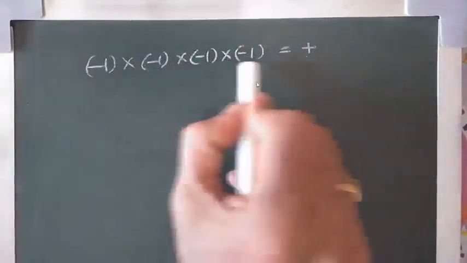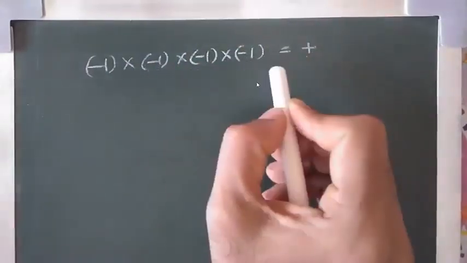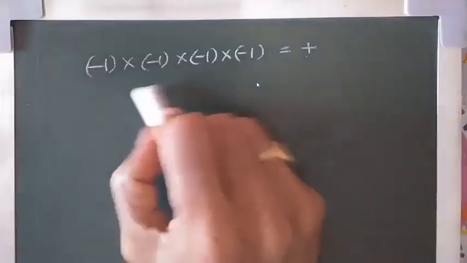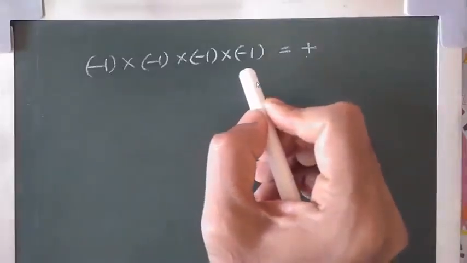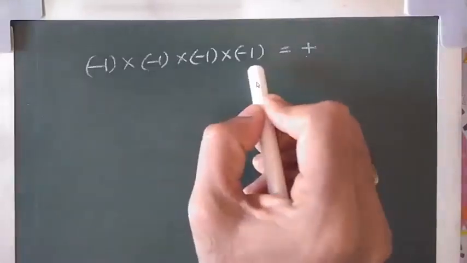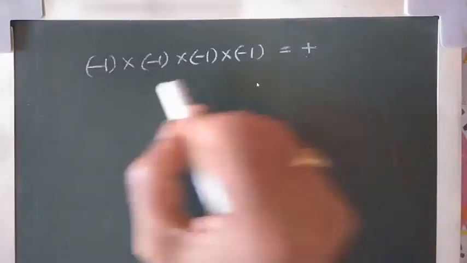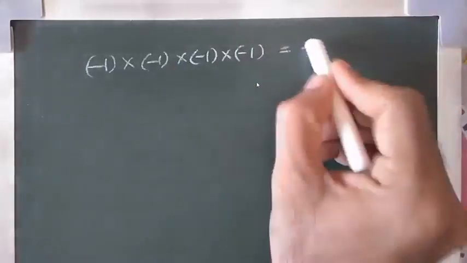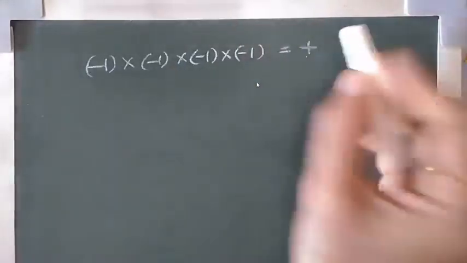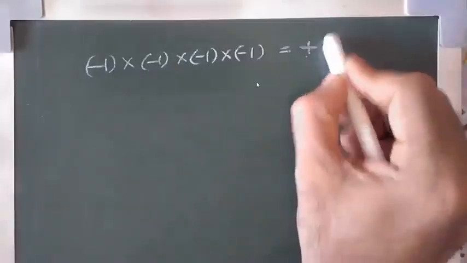So there is no need of multiplying all these things again and again. Here only 4 numbers are there. If you have 100 numbers or 80 numbers or 200 numbers, how can you multiply that many times? So just remember that if you are multiplying an even number of negative numbers, you will get a positive sign. So plus 1. Here 1 means you get 1 only.